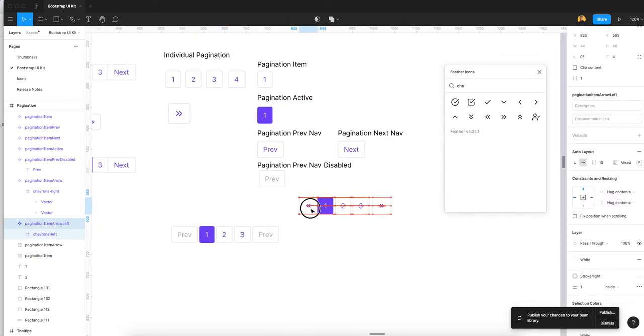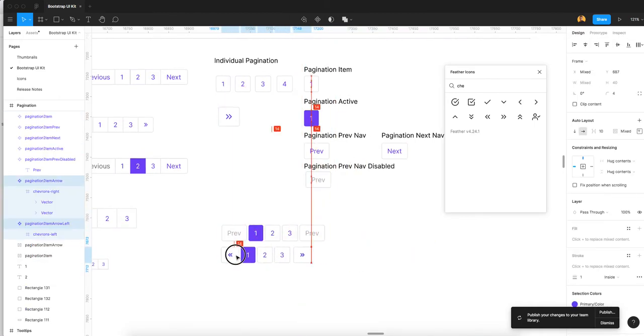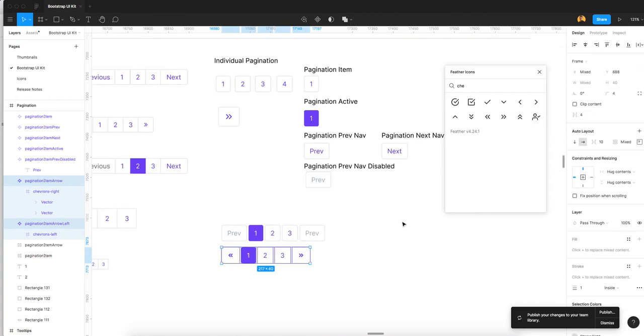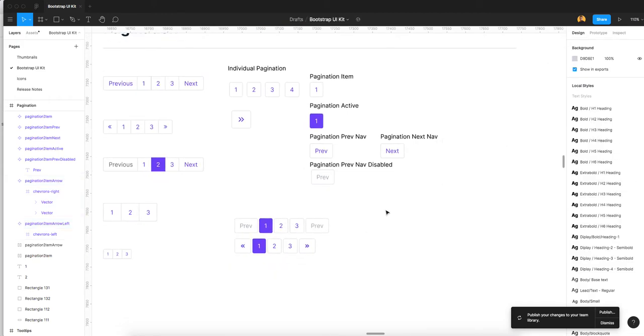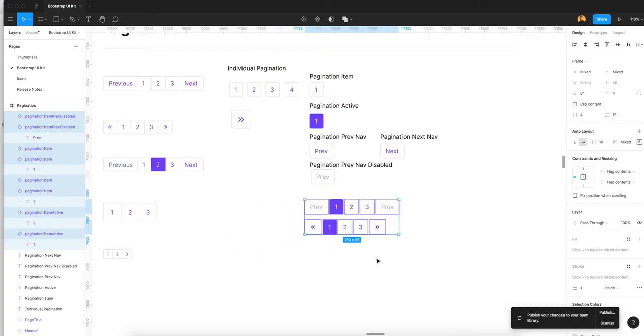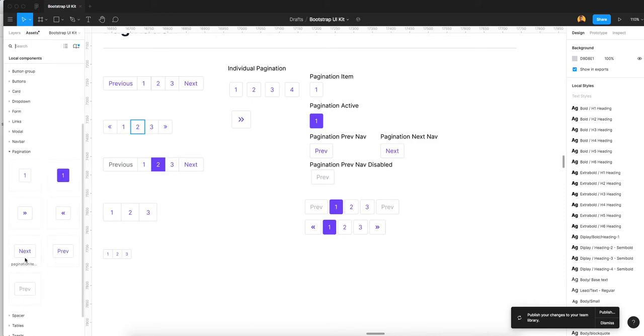Now you will see we have two individual layout styles for pagination. I've changed it to space between. Now we'll see, this is for, see, all of these are what we use for the pagination component. You will find all the components in assets. See, you can create your own with this: left arrow, active, default, pagination individual, and previous, next.